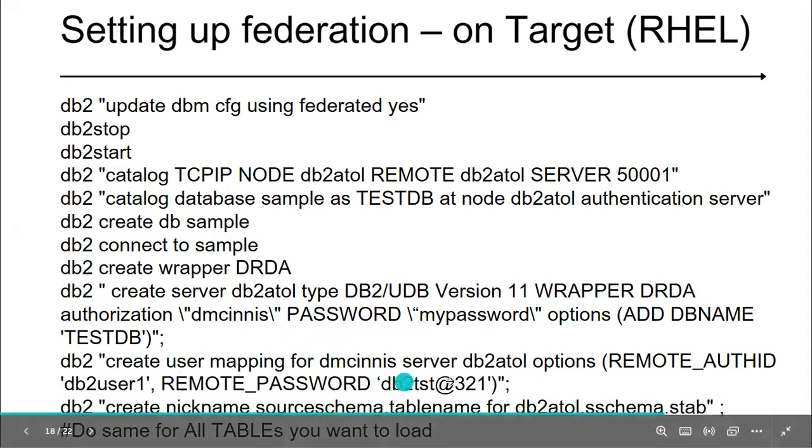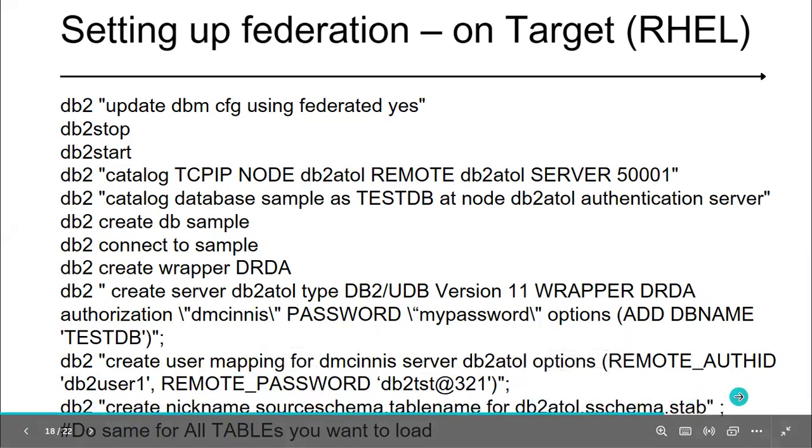Then DB2 create user mapping. You need to map your user with the database which you cataloged here, DB2 AIX to Linux. And then once everything is done, you can create nicknames. So how do we create a nickname? DB2 create nickname, source schema, table name, for DB2 AIX to Linux schema